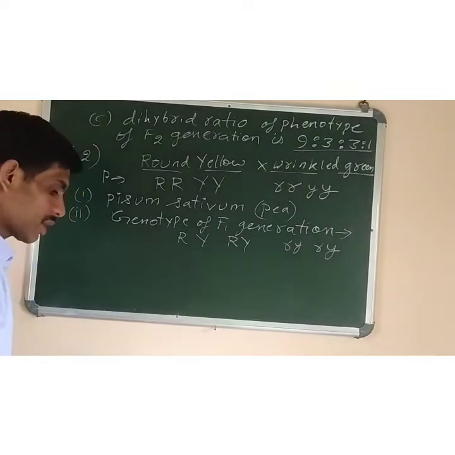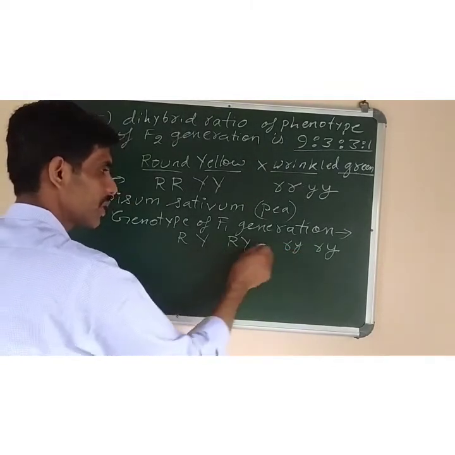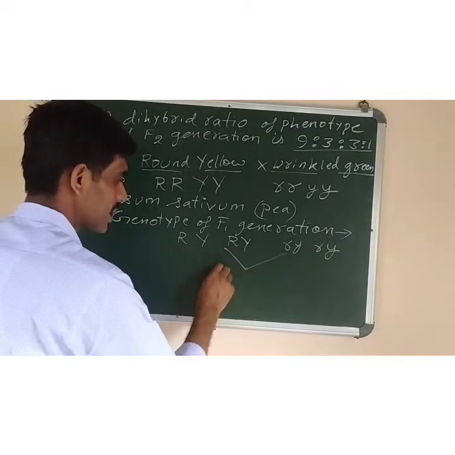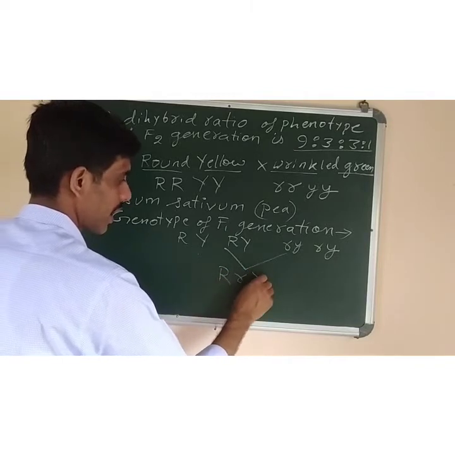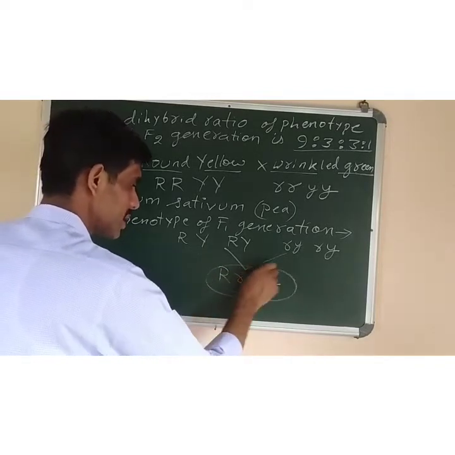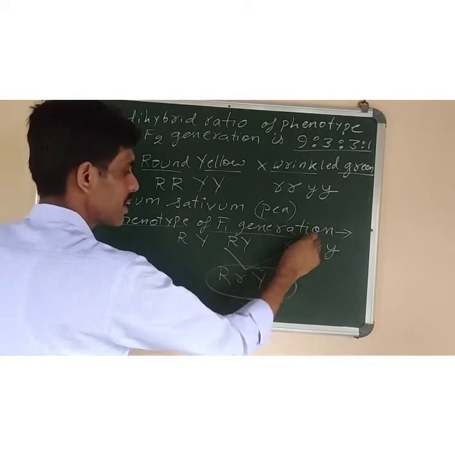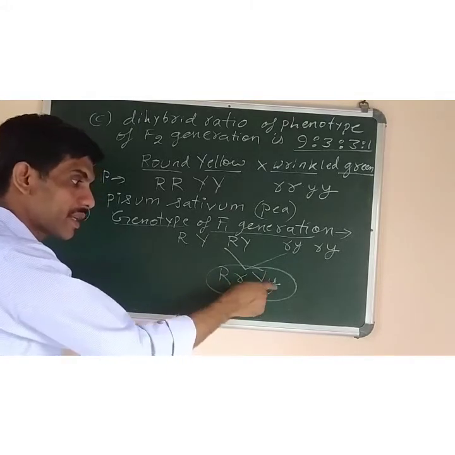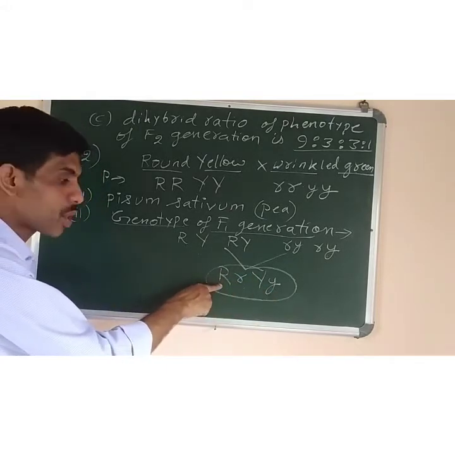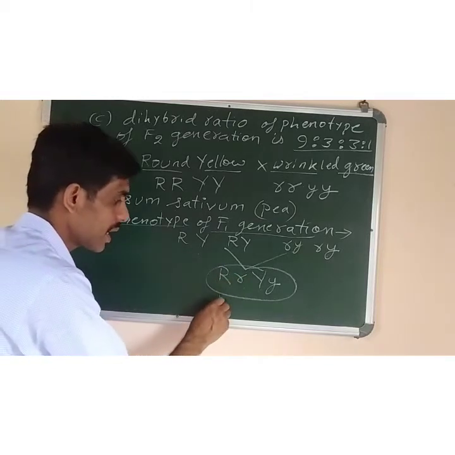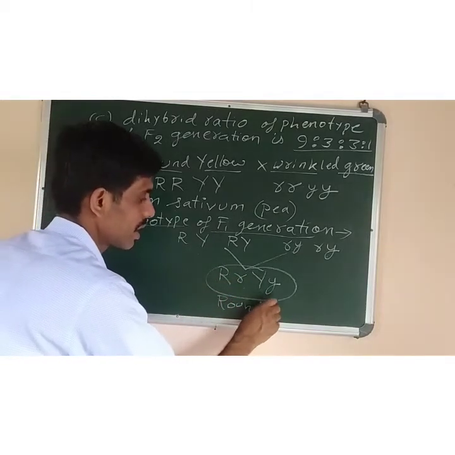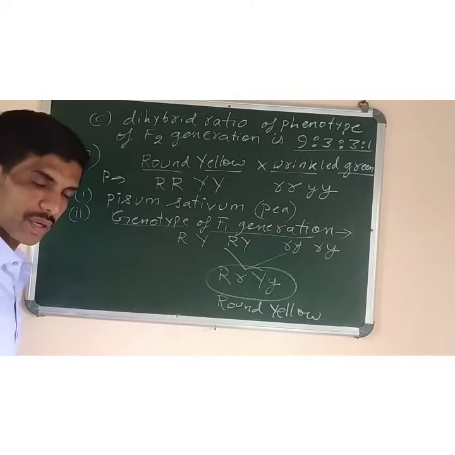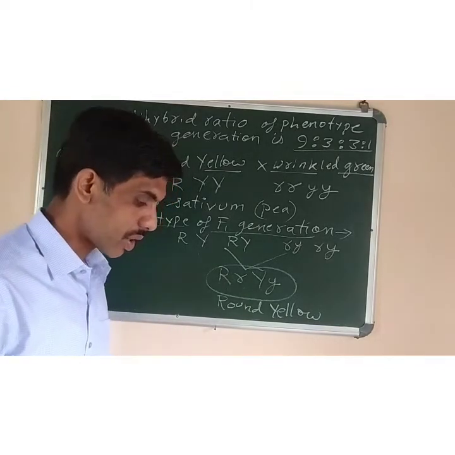Now what is the genotype that is obtained? If you combine them like this one with this one, this one with this one, all 4 combination is possible. So you can write it as capital R, small r, capital Y, small y. So this is your answer. The genotype of F1 generation is capital R, small r, that is round, and capital Y, this is dominant, the small y is recessive. Here also capital R is dominant, small r is recessive. So the plant is round and yellow seeds are here. Why? Because Y is dominant, here capital R is dominant, okay? So genotype of F1 generation, only this much you have to write.